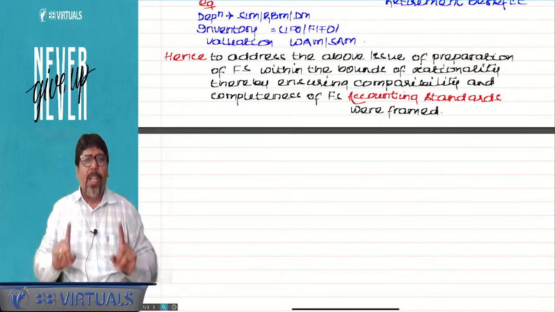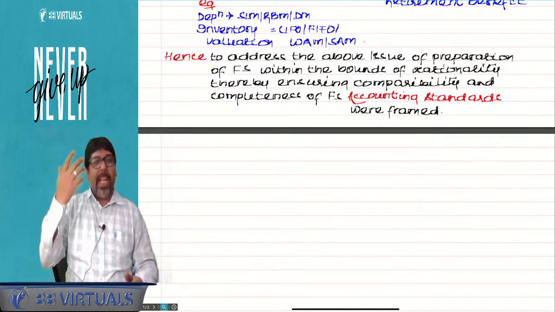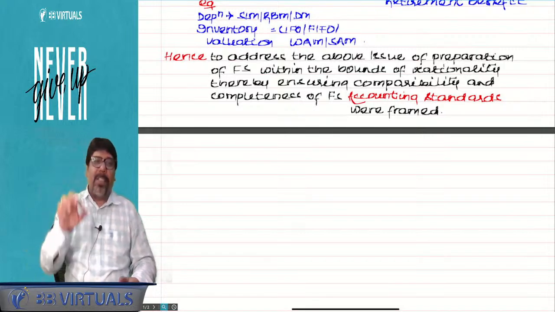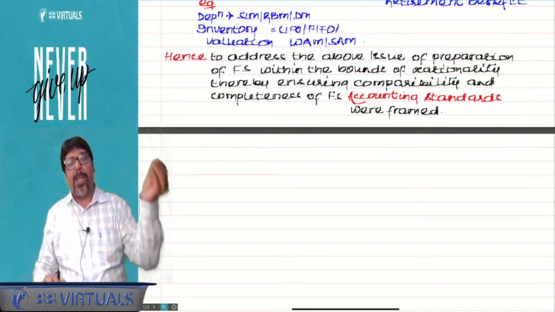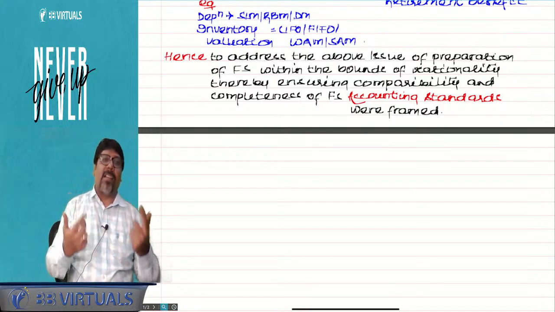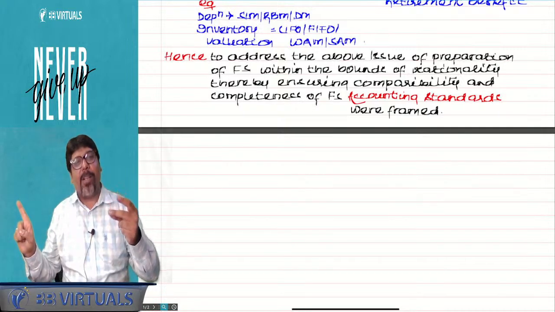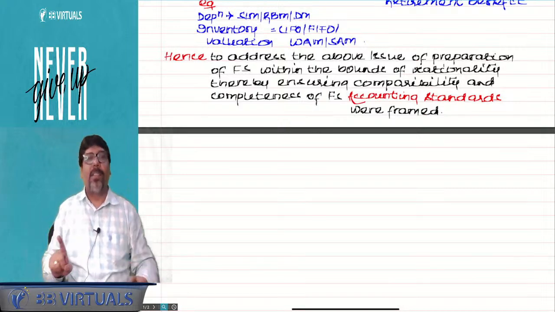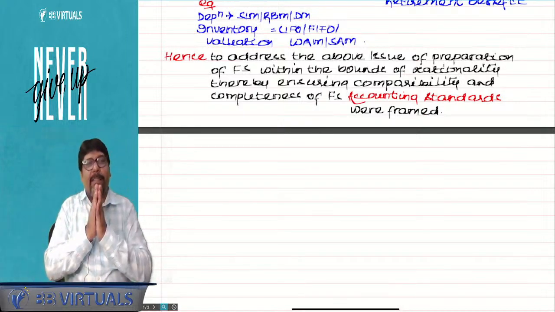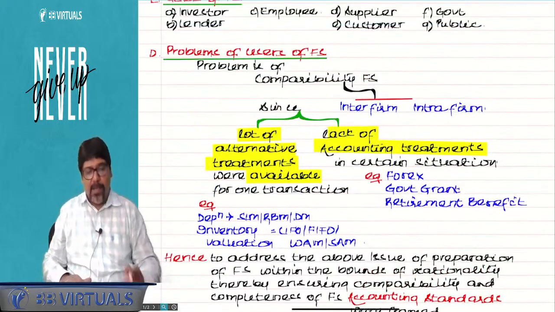Am I clear? After studying so much, day in and day out, so much stress, forgetting social life, putting in money and energy, you become a chartered accountant, and then you do one scam, and if you get caught, you are gone. Your CA certificate is gone. So I request you, don't do all that. Okay, move ahead.